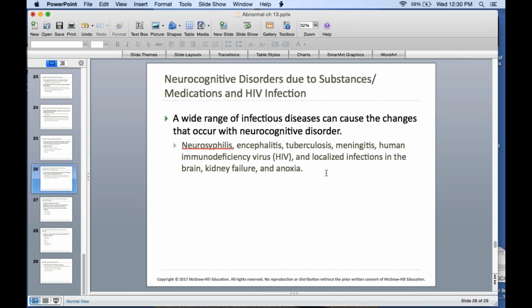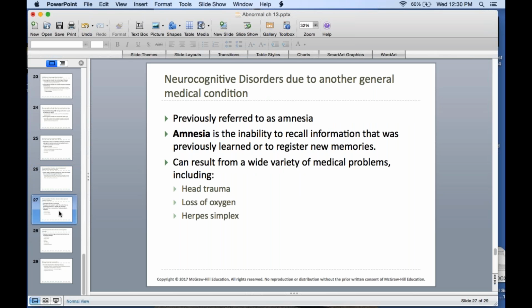I promise not to test you on the differences between these things. Okay? I do want you to know plaques and tangles. I do want you to know Lewy bodies. I do want you to know major versus minor cognitive. I do want you to know generally the differences between the things we talked about, but you're not going to need to know every single little tiny thing here. Okay. Now,